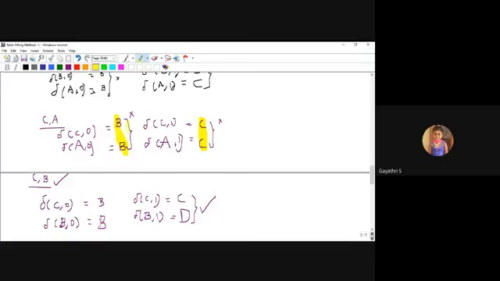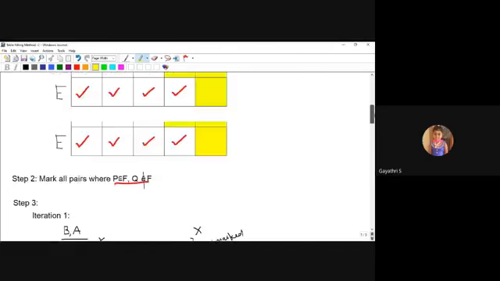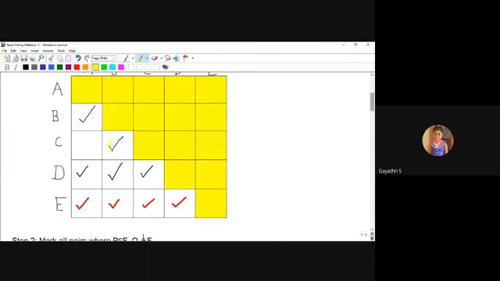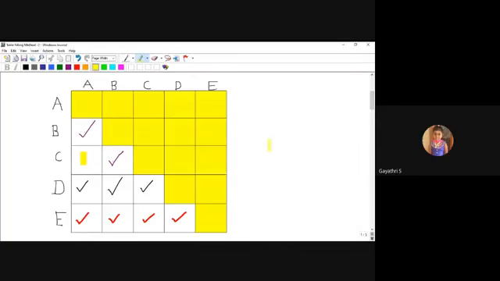Same thing again: only one leftover pair, C comma 0 and A comma 0 both are B, C comma 1 and A comma 1 both are C. So in the table, this is the only pair which is not marked, CA. This is the unmarked pair. What is your last step? Just combine all the unmarked pairs and make them a single state in the minimized DFA.